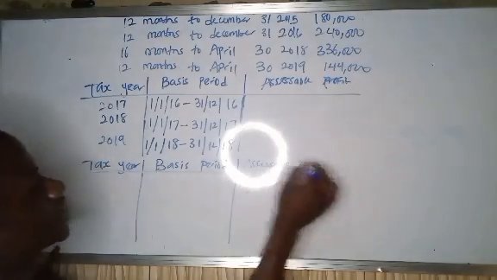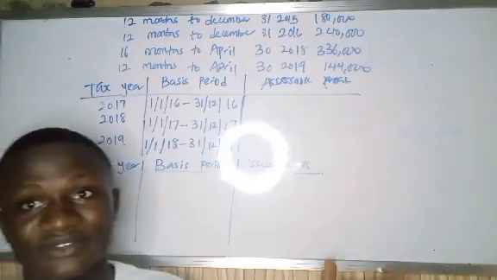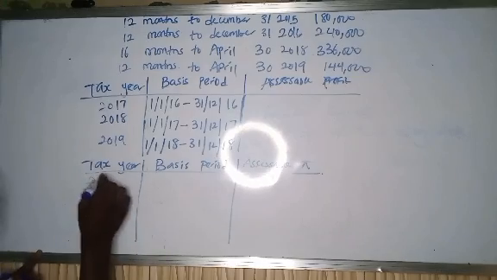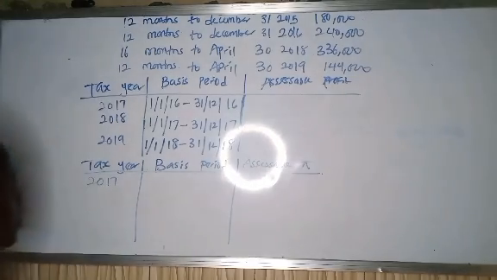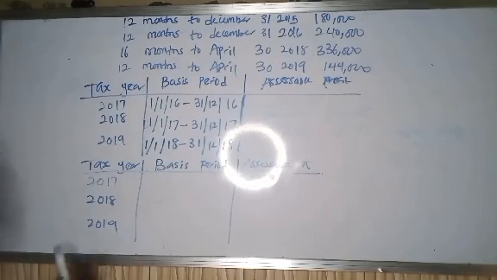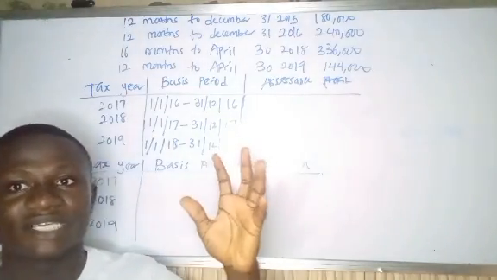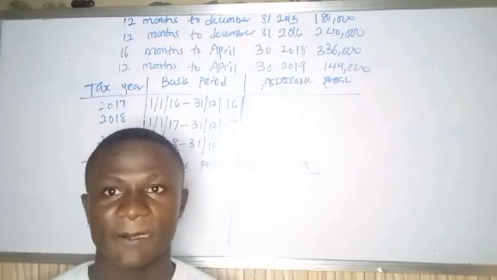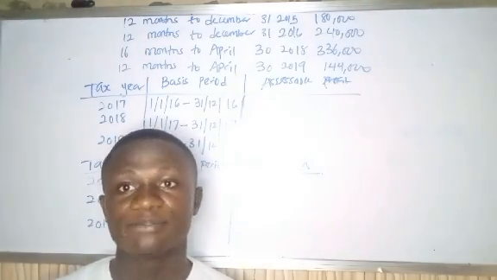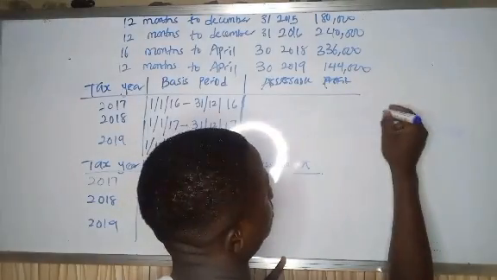So now, going by the new date that the business has changed to, they have changed to 30th April of every year. So now from 2017, because that is the year the issue began, from 2017, 2018, and 2019. So for year 2017, if they are ending their period April of every year, definitely if they are ending April, they are starting May. That's why I said you need to write everything. Let me write it out here so you get it.